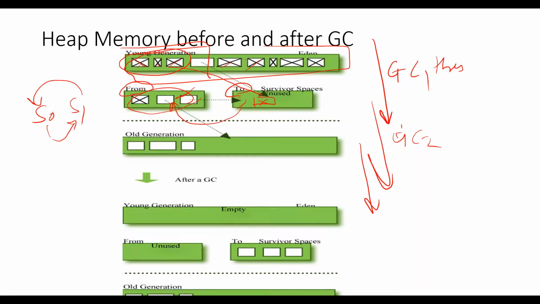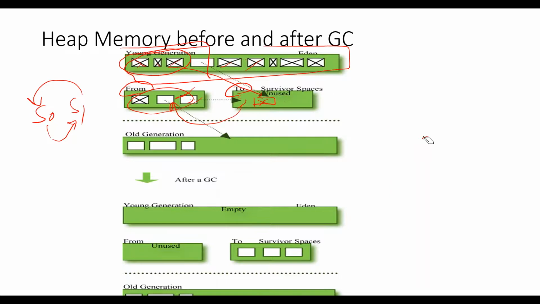This moving is also done up to a particular threshold, which is the maximum tenuring threshold. We have seen that it's 15, right? Once any object has survived this threshold, only then will it get to the old generation. So this is now clear, the same as what we discussed in the previous slide, now with the graphical representation of how this is happening.